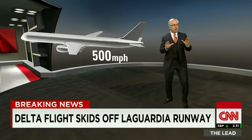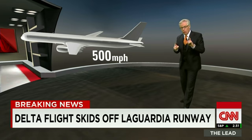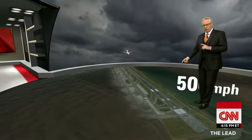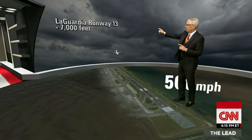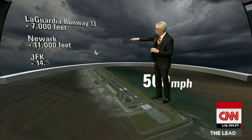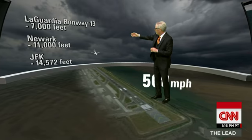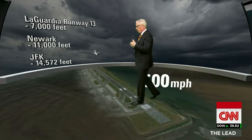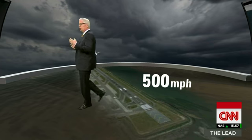All of the physics here matter because of LaGuardia Airport. Look at the length of this runway here. If you talk about LaGuardia Airport, you're talking about a runway that is about 7,000 feet long, the one they were aiming for there, compared to other runways nearby. Look at that. Newark, more than 11,000 feet. JFK, more than 14,000 feet. Much more room to work with